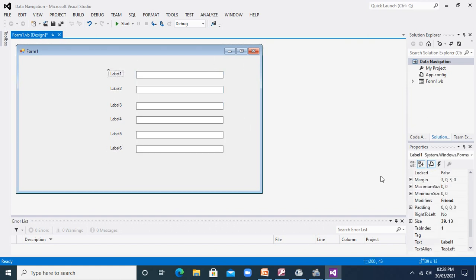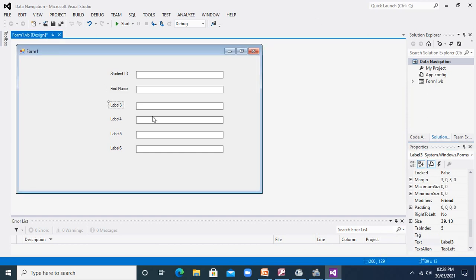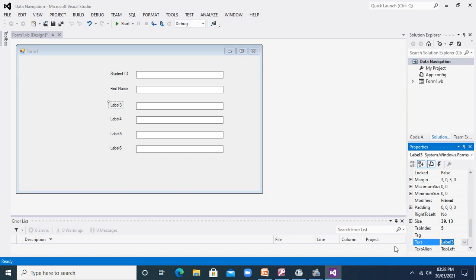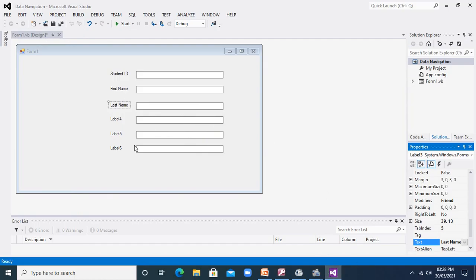Now this is the first field, which is ID, that is student ID. After that there is first name, after that last name, after that I have city, marks and birth date.